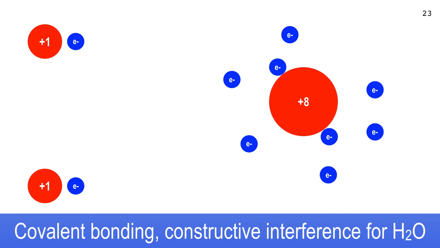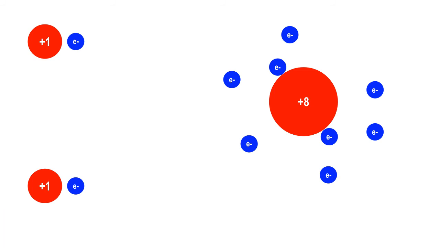Now, I'm going to take a look at my picture. Make a sketch of this if you want. You're going to need to do another sketch because I'm going to rearrange this. So this is the status where the atoms are far apart. I have two hydrogens over here. Here's a hydrogen, a +1, and an electron. And here's another one down here in the lower left, a +1 proton, and an electron.